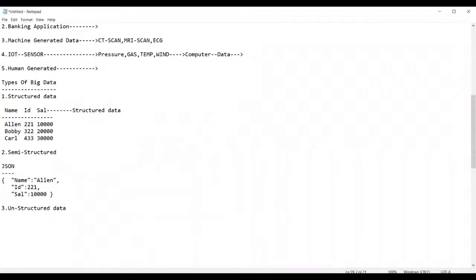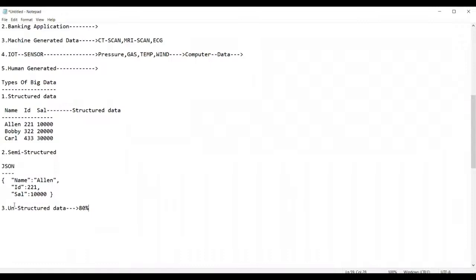There is no proper structure for it. 80% of the data across the globe, you'll get in unstructured format only.